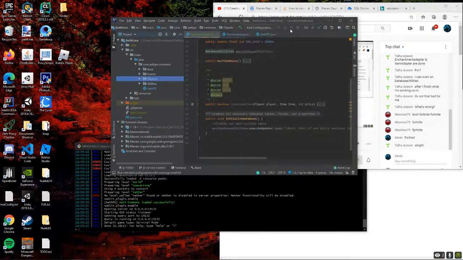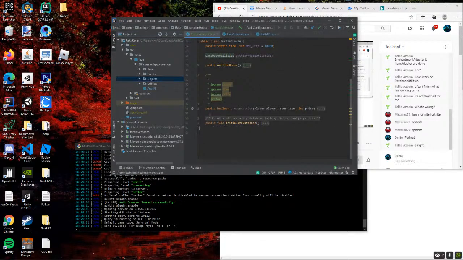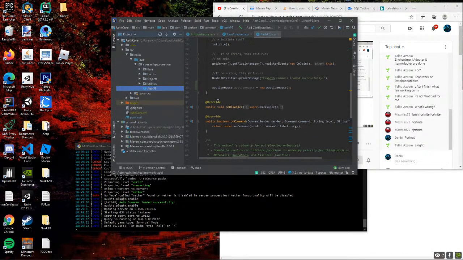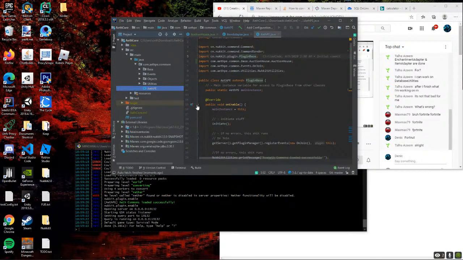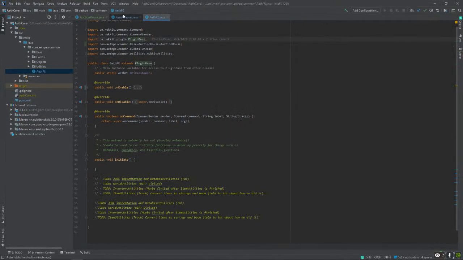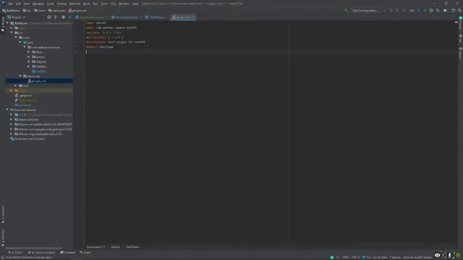But the issue with this is I'm not sure if commands changed in the new Nukkit snapshot, but I guess we'll see. I don't believe they did. So let's generate just a new command called AH. So let's go to our plugin.yml. Let's make a new commands array. Let's call this auction house